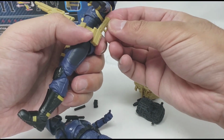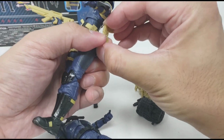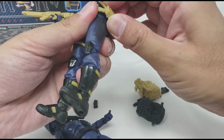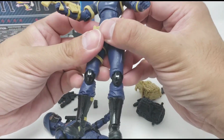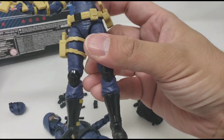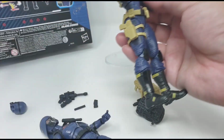Oh, there would have been some people in the comments telling me that I did it wrong, so maybe they already commented before. Anyway, it doesn't really matter. You get the idea. Just not sure how that's supposed to go. Because if I do it this way, then the sidearm is facing backwards, but let me just have a